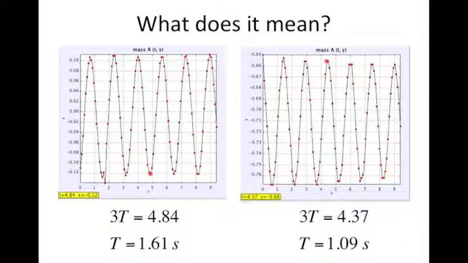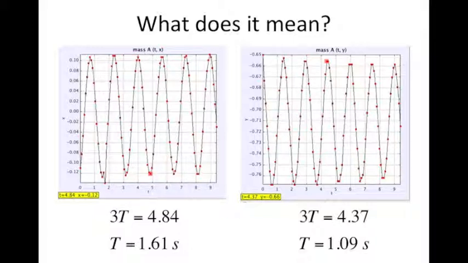As mentioned earlier, the period of oscillation in the x direction was found to be 1.61 seconds. The period of oscillation in the y direction was found to be 1.09 seconds. These values are slightly different, and that is due to the fact that the oscillation in the y direction is dependent upon the spring constant and how much it allows the spring to move up and down in the y direction. In the x direction, the motion is also dependent on the spring constant, but not as much as in the y direction. The x direction is also dependent on the angle and distance in which the mass was initially